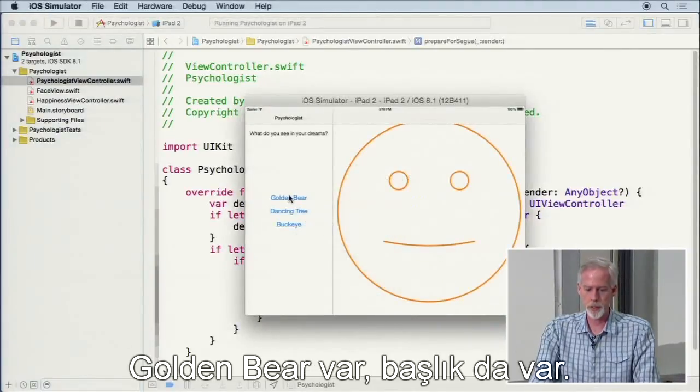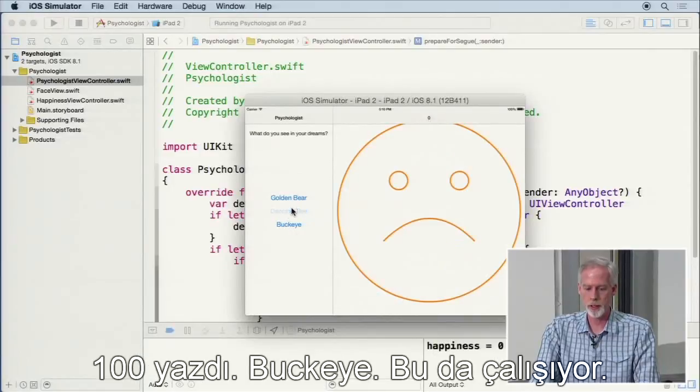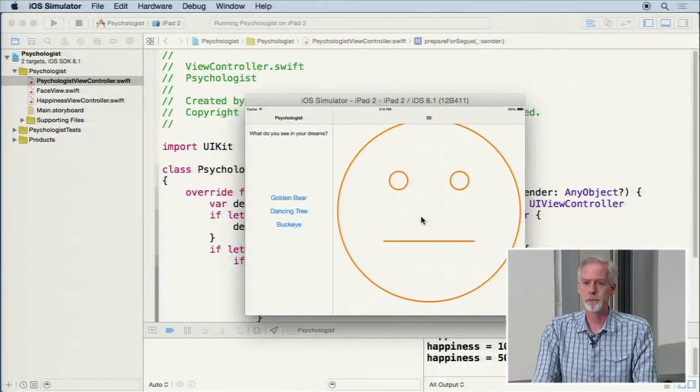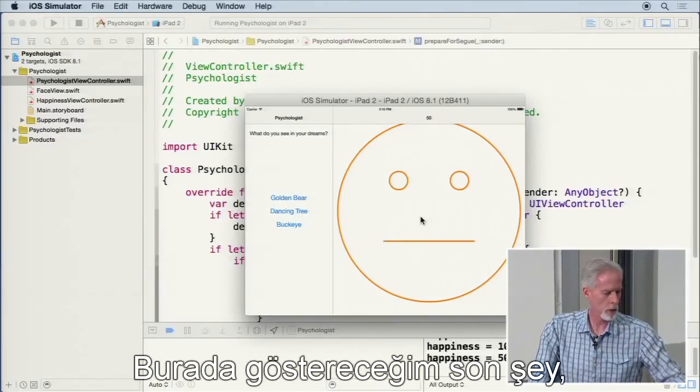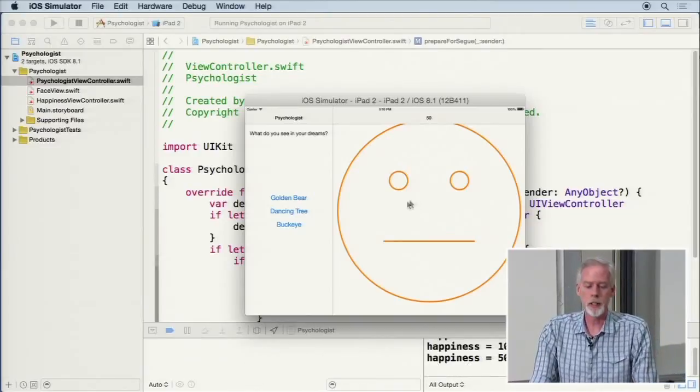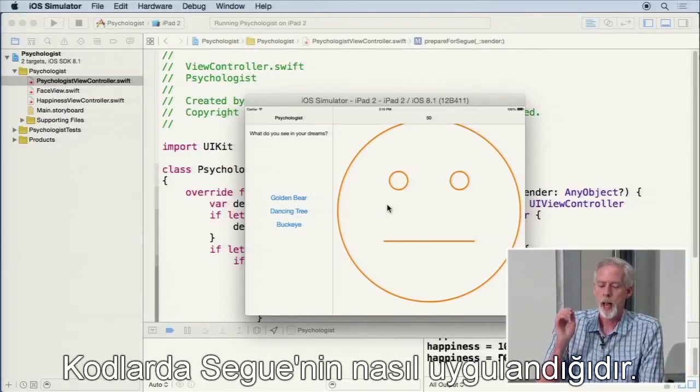All right, so we got this Golden Bear, there's the title, and it's working. 100. Buckeye, that's working too. Okay? Make sense there? All right, the last thing I want to show here is briefly how to do a